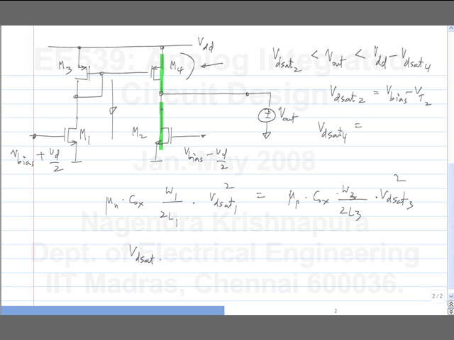VD sat 4, which is the same as VD sat 3, is, so the two limits are